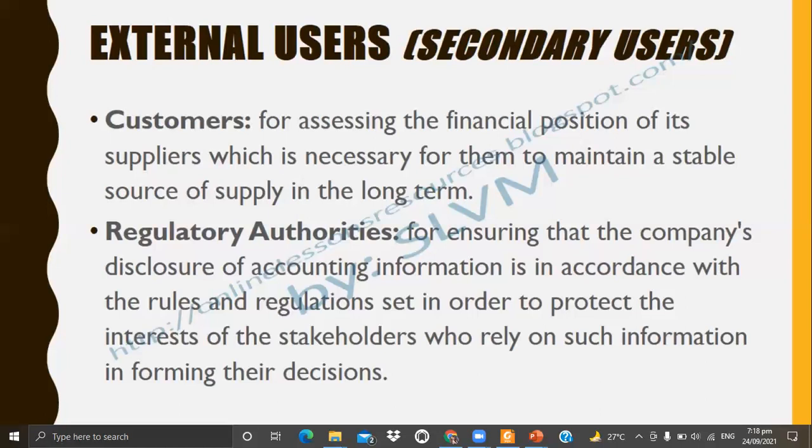So ito naman, chine-check nila yung financial statements natin, kung ginagawa ba natin ng maayos yung financial statement natin, kung tama ba yung pagkaka-state natin doon sa mga numbers, ayan, para hindi natin mapagsamantalahan yung ibang stakeholders like yung mga employees natin, yung ibang users ng financial information natin. Okay, so chine-check lang nila kung ginagawa ba natin yung financial statements natin according sa rules and regulations. Okay?